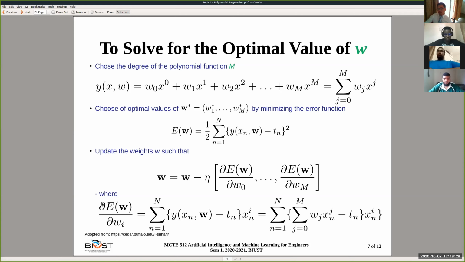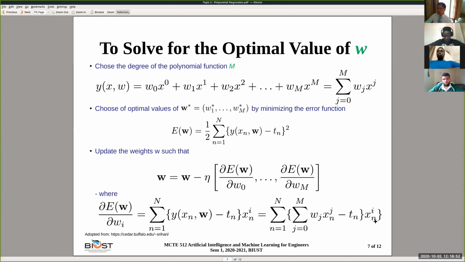For example, the term of partial of E, the error, with respect to partial of wi, will be this term here: the polynomial approximation with whatever your weights are now, minus the target value, multiplied by the input variable x at the nth